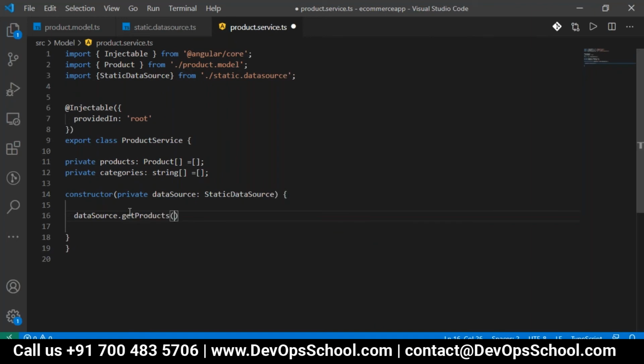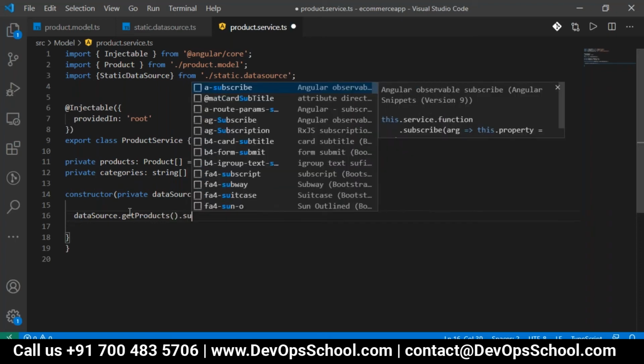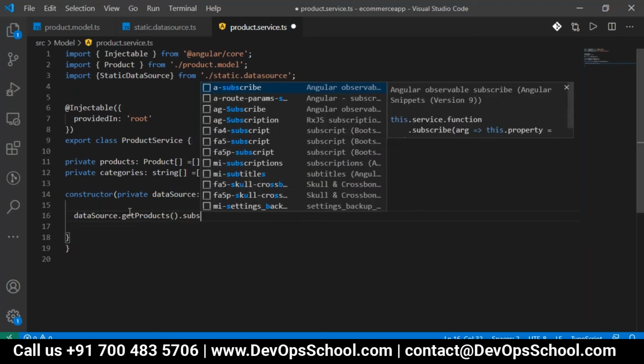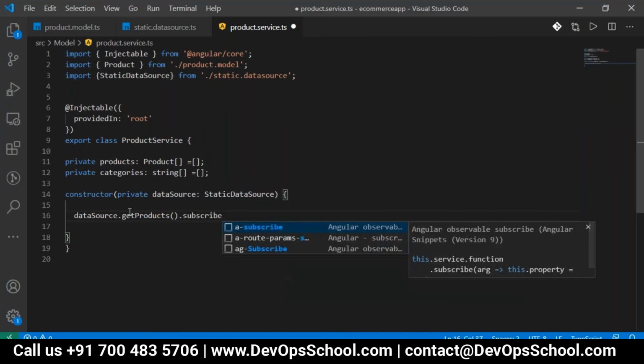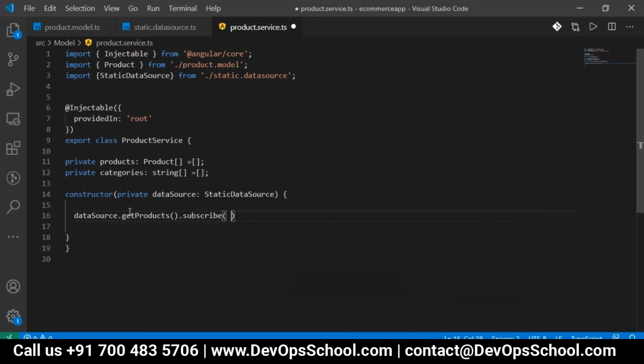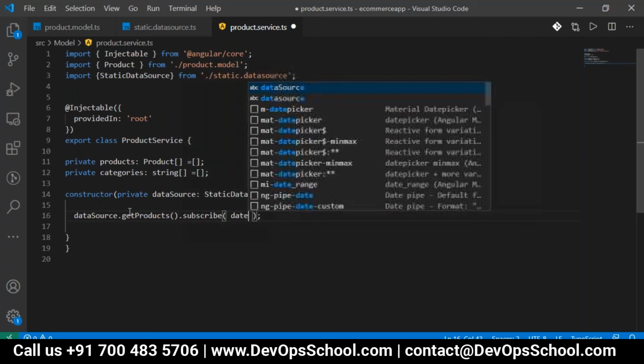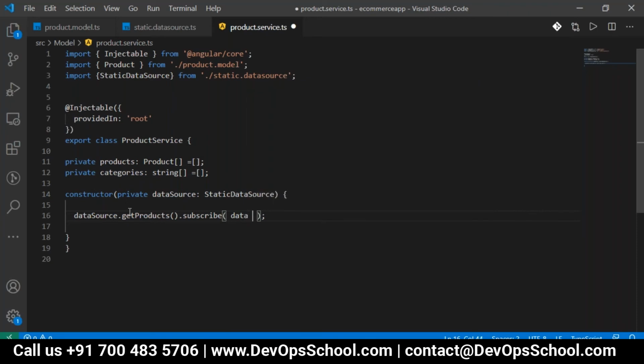That method we have written. But as it is an observable, it observes the data. Now you have to subscribe to it. Whenever you do a subscription, this data will be given to some variable. You can write any name, it's your wish.